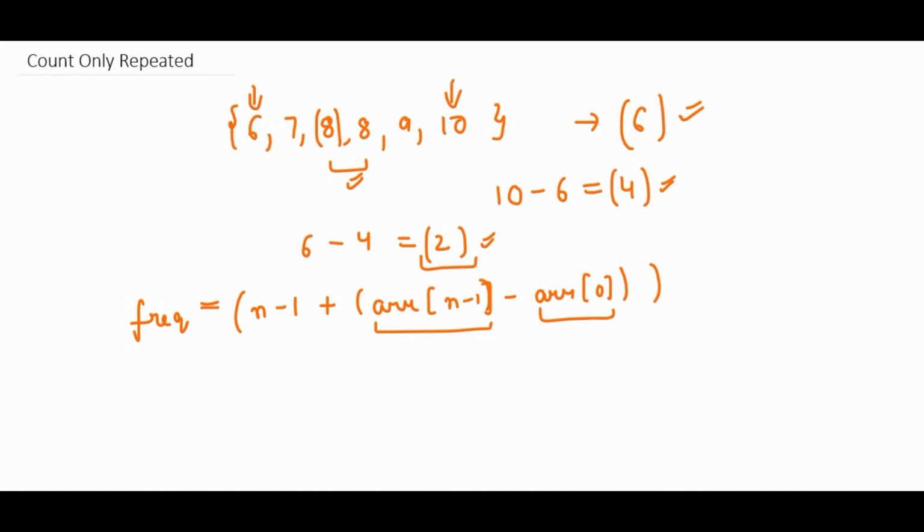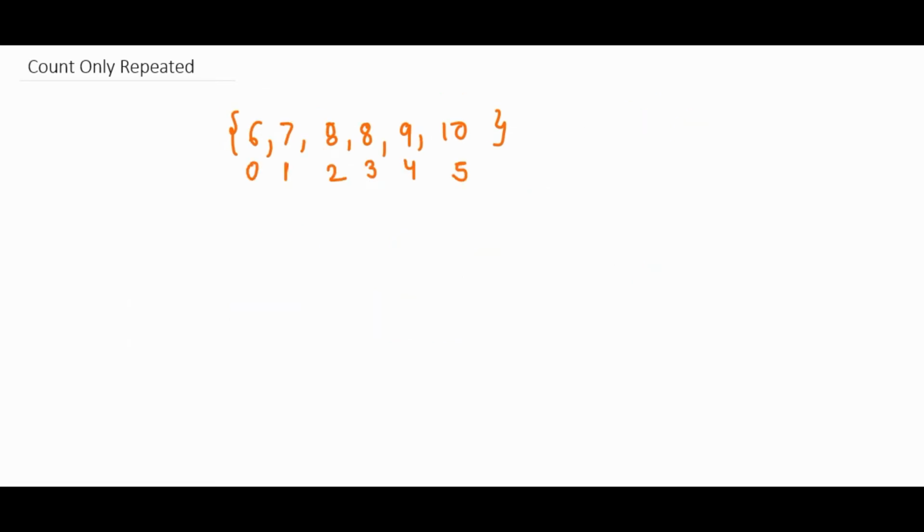Now let's find the element that is repeating itself. Now let's see how we can find the element. We have already found the frequency. Now we want to find the element. So as we know, the array is sorted, so the first instinct to reduce the time is we can do binary search. Okay, and that is what we have to do. We will find if a particular element is at its right position or not, by using binary search.